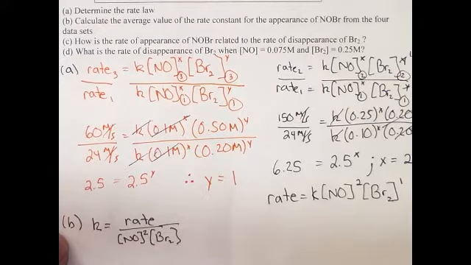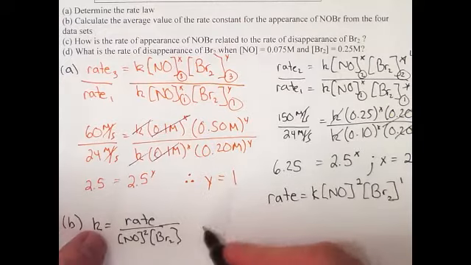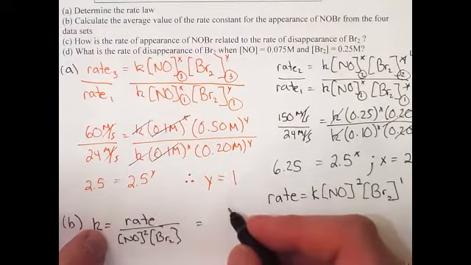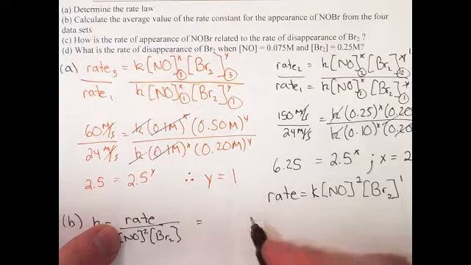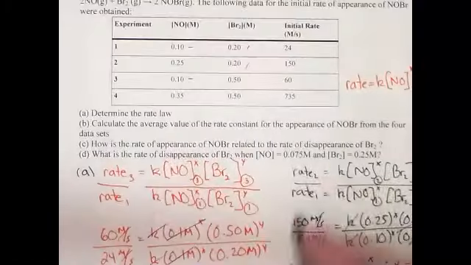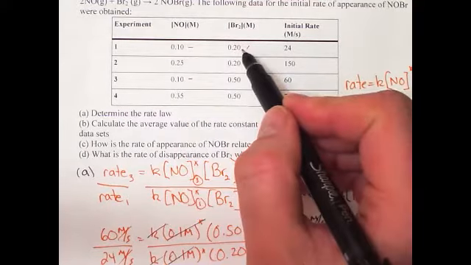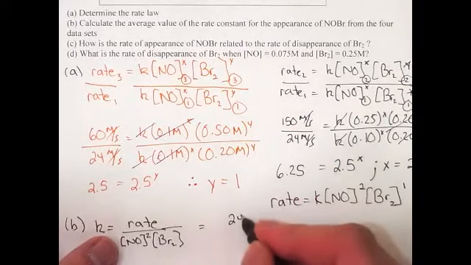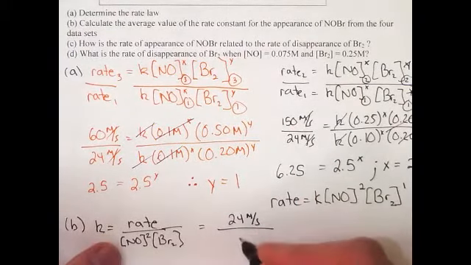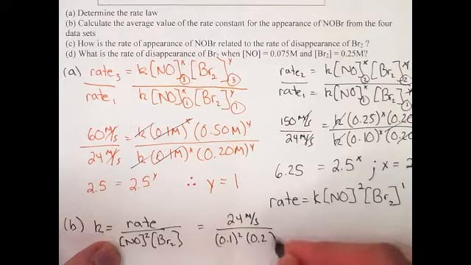So it says the average value of k. I'm going to show the first one, and then we'll fast forward and look at what the average was. So we would do this for each experiment. I'll take the data from experiment 1, the concentration of NO, the concentration of Br, and the rate, and plug it into this equation. So the rate is 24 molars per second. The concentration of nitrogen monoxide, concentration of bromine,